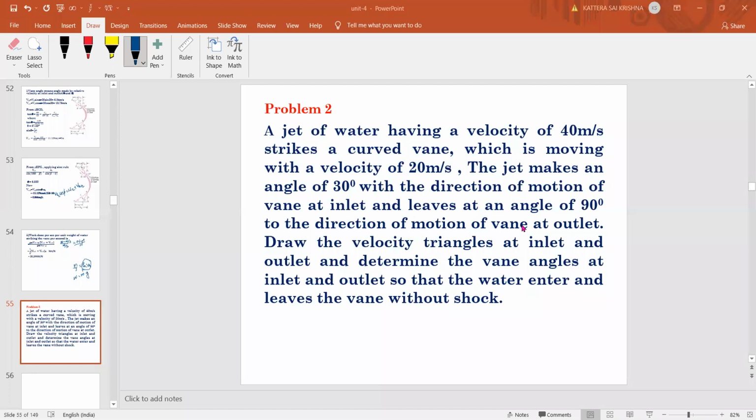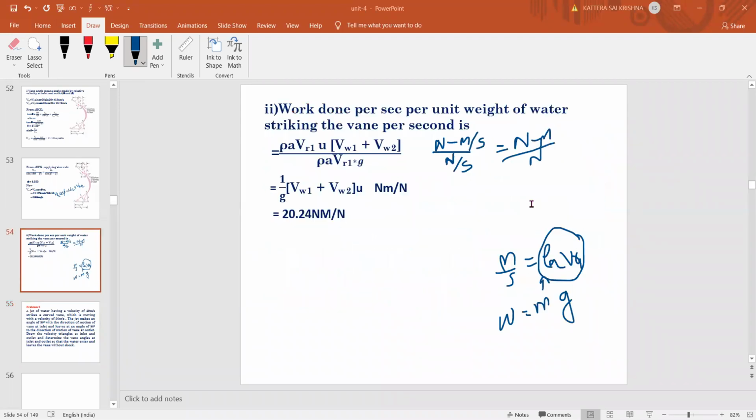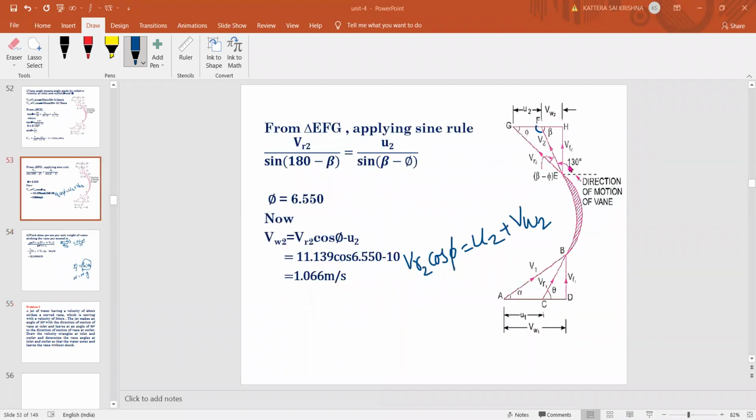So see here, in the previous problem, he had given 130. Yes, at 130 degrees it is coming out. So we calculated beta there. So here again, we need to calculate beta using this. That is 180 minus 90 gives the beta value, right? So beta is not directly given to us. It is the jet coming out. So already I've shown that. This was given as 130.